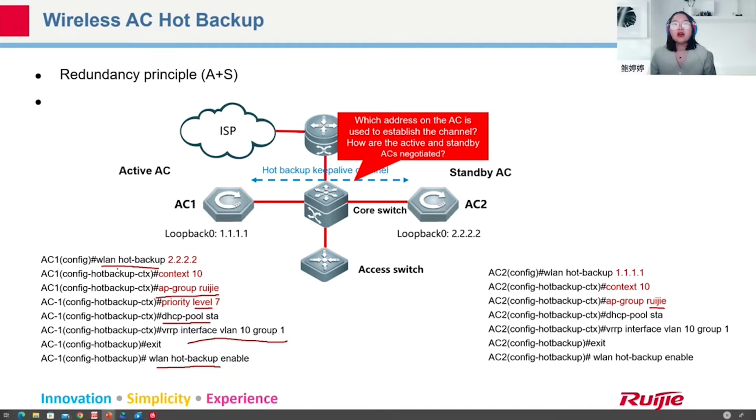Which IP address? In the WLAN hot backup, we can directly designate the IP address of AC2. I will establish the channel with 2.2.2.2. And if AC2 has another IP address, like a physical address, we can also establish the channel with the physical address. We only have to add the configuration here: WLAN hot backup and